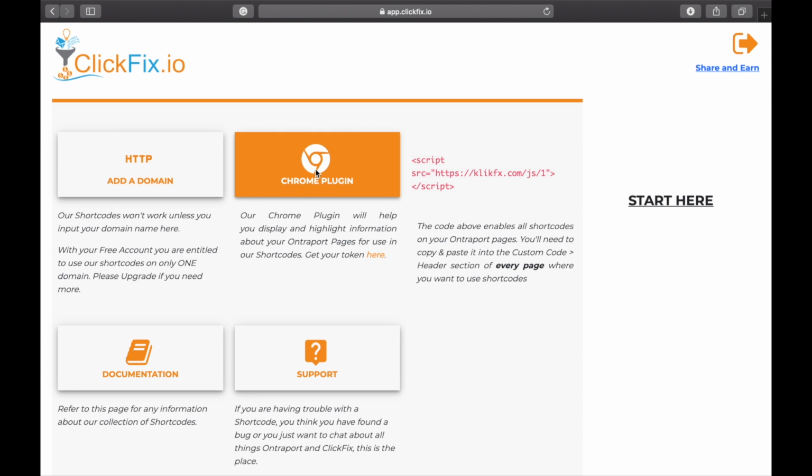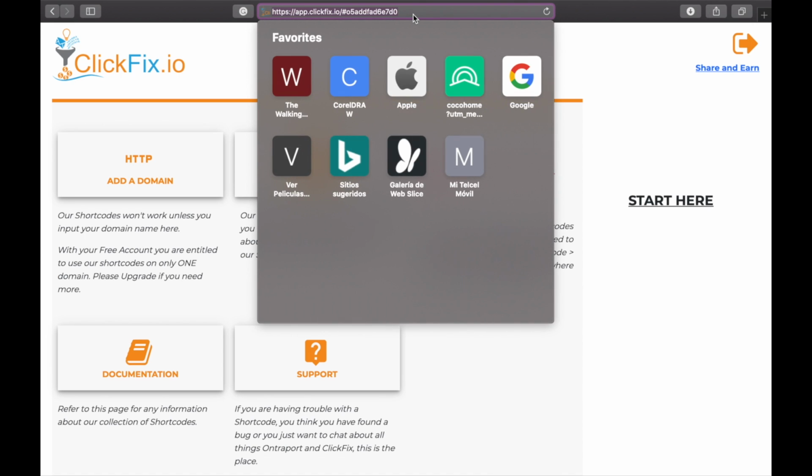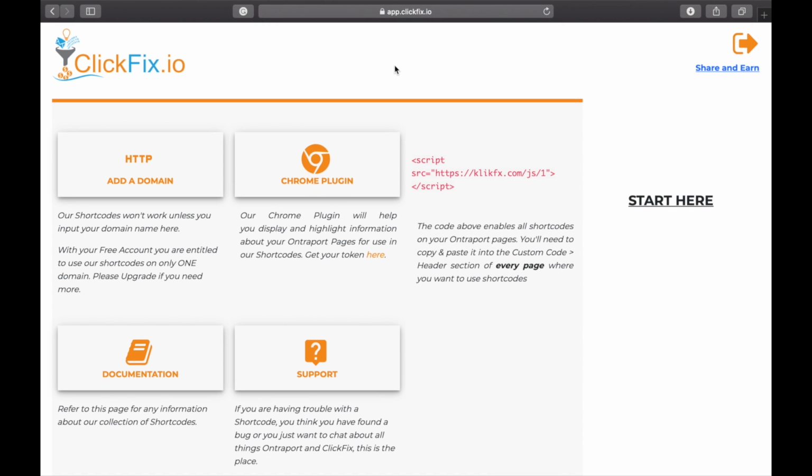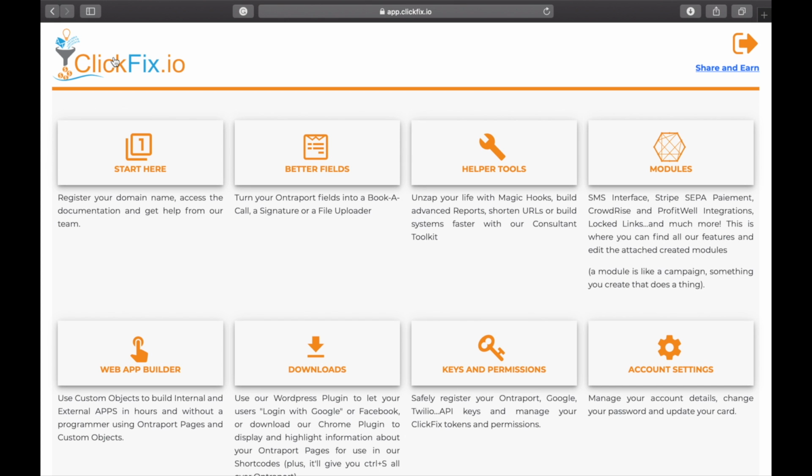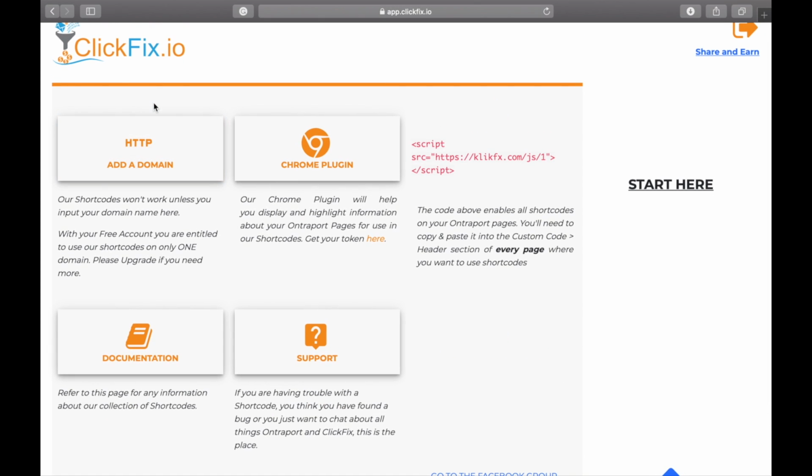Before you use any of our shortcodes, you need to make sure that you have everything set up so everything works smoothly. So I'm here in the ClickFix website, app.clickfix.io, and once you log into your account, you are going to go to Start Here. The first step is to go to the Start Here page, and the first thing to do is